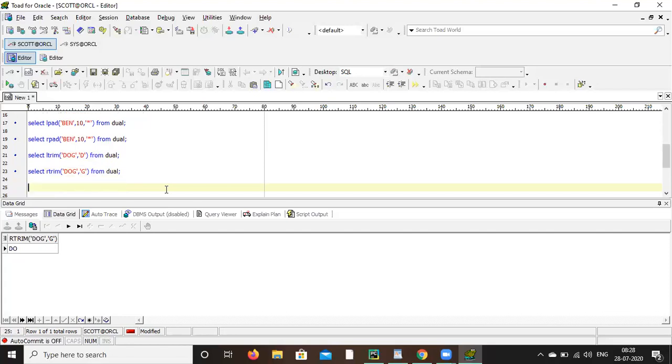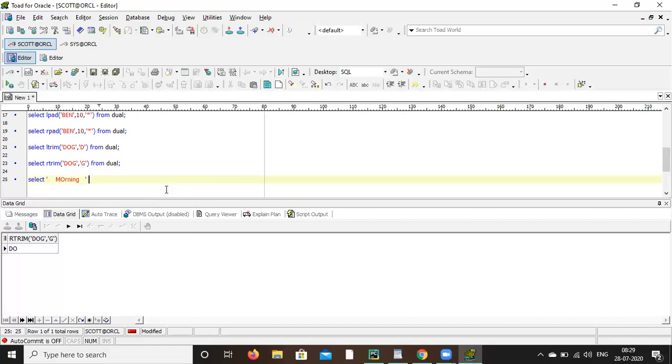Suppose you want to trim the space. Select, give some string within single quote. Both sides give some space. Before M, give some space, 3-4 spaces, and after G also give some.